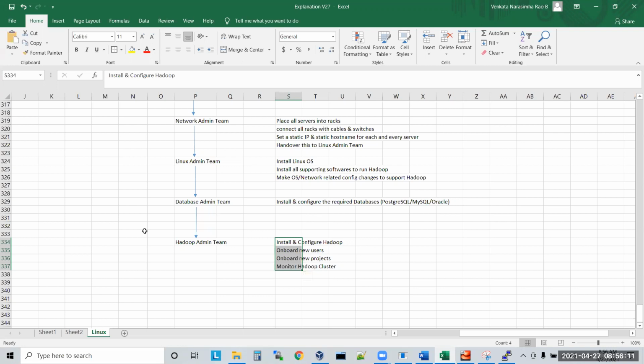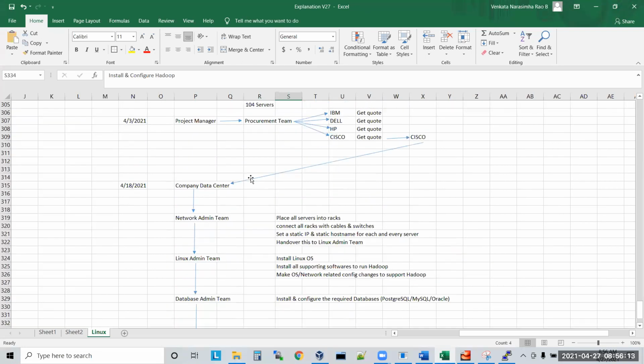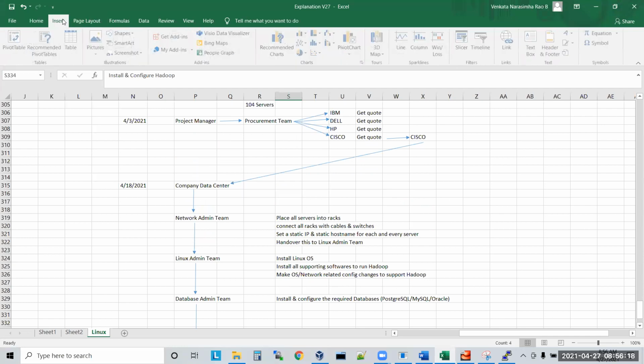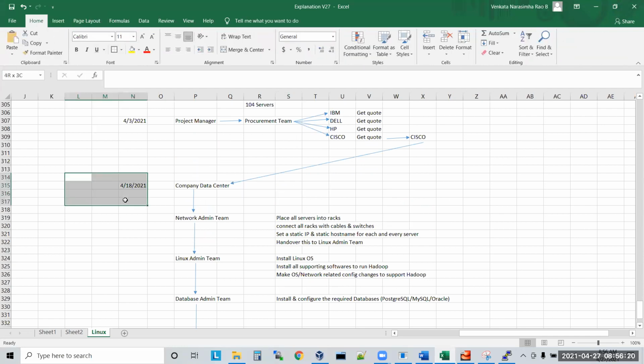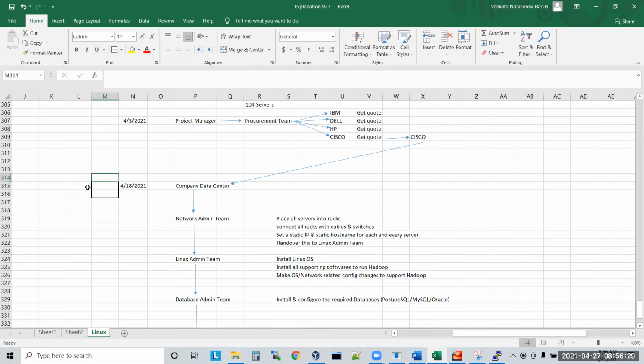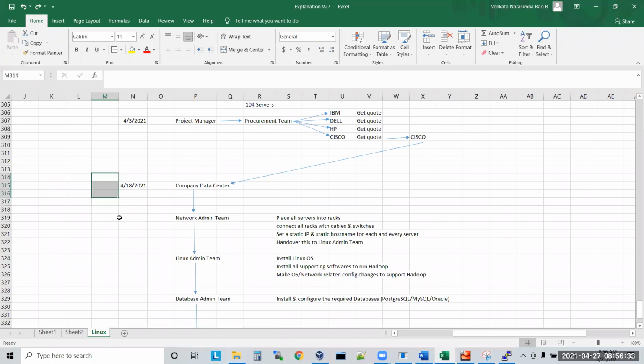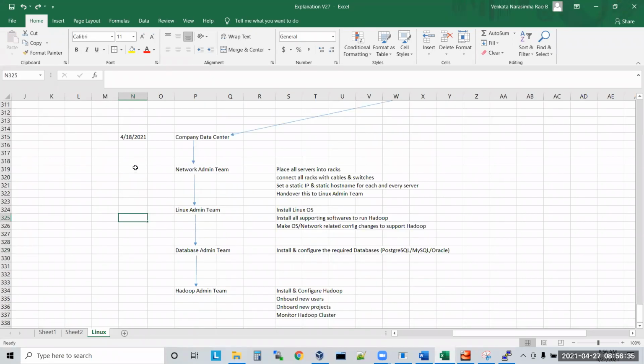If you see this machine in the company data center, nothing is there on it yet. The network team will take about a week, maybe 5 days, to complete their work.